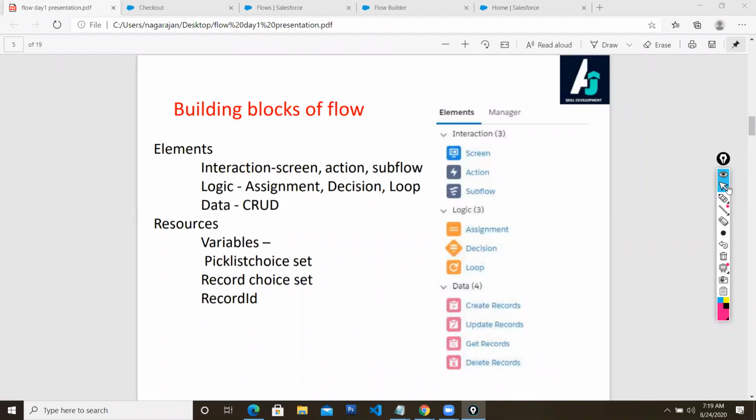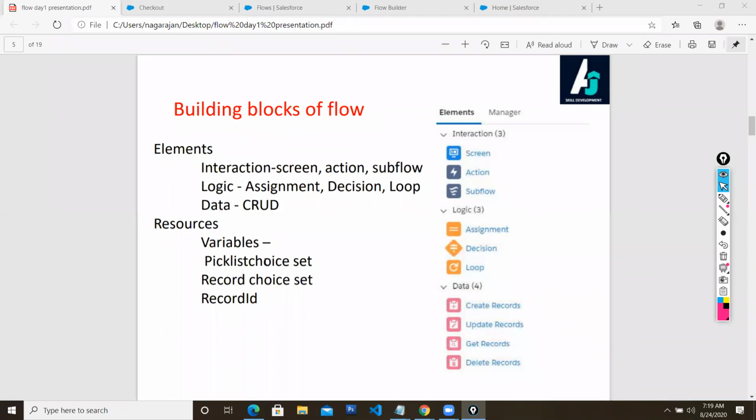As far as Flow is concerned, it gives you the functionality of variables, which is equivalent to the programming point of view. You will have variables, let's say an integer x or an integer y. In the same way, you will have variables here. Those who don't have a programming background, just leave it across. I will explain what the use of a variable is in Flow.